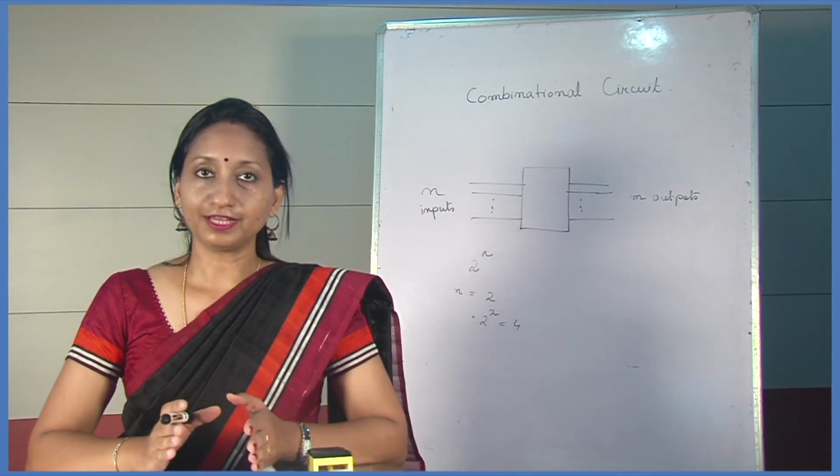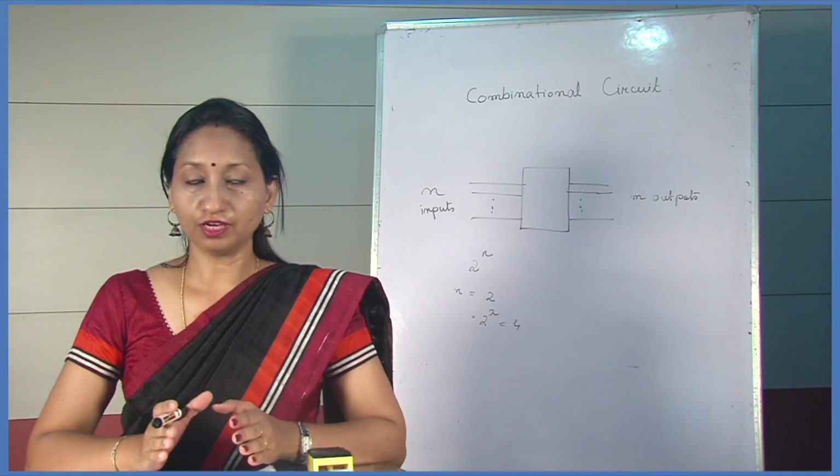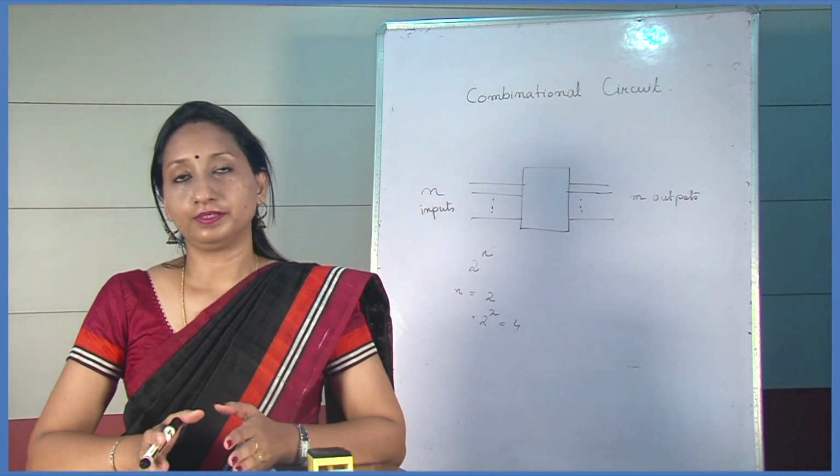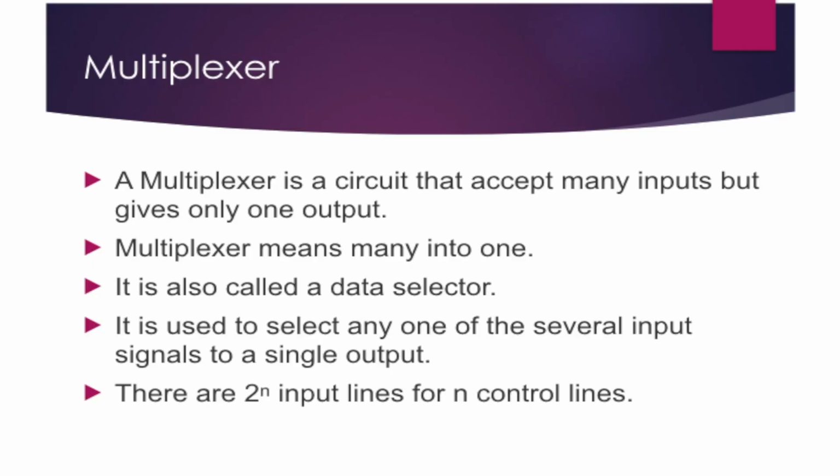Multiplexer and demultiplexer are very important combinational circuits, and let us first see what a multiplexer is. A multiplexer is a combinational circuit which accepts many inputs and gives only one output. It is also known as many to one. A multiplexer is also called a data selector, because it selects only one input out of several input